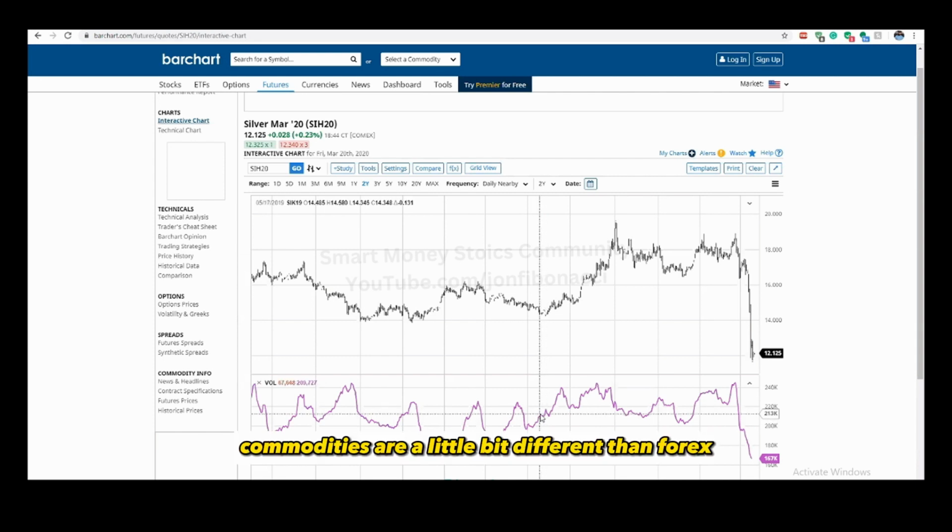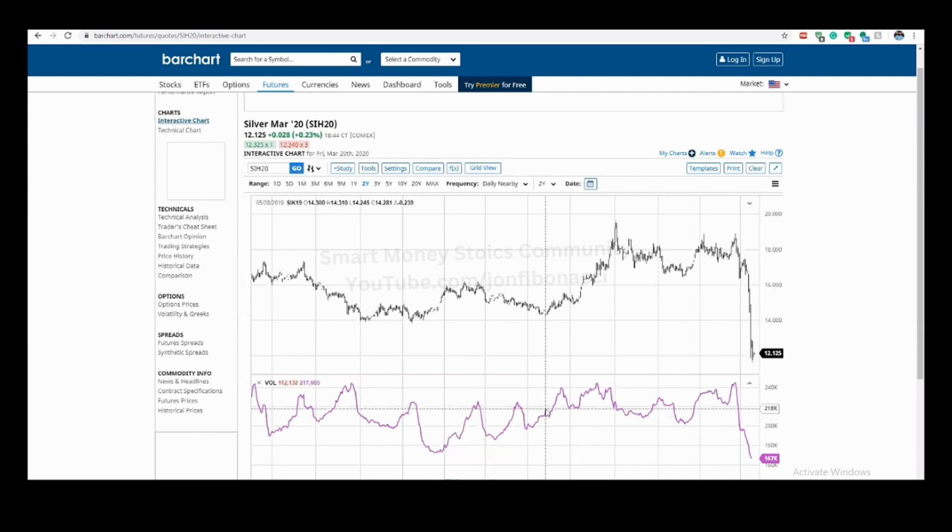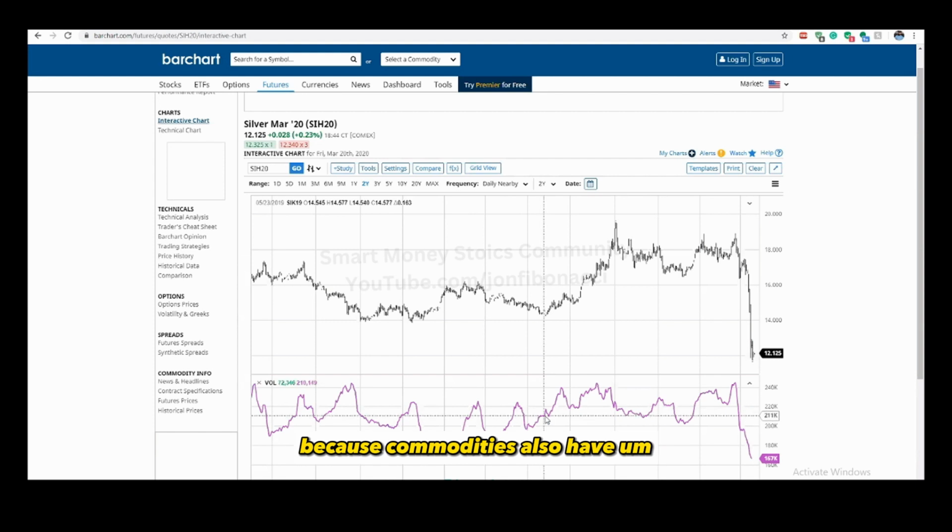Commodities are a little bit different than Forex because commodities are really big on seasonality, which we're not getting into yet. We will. We'll get there, I promise. But we're not going to get there yet. But I'll give you a little secret. Commodities, they either trend in one direction for a long time or they consolidate for a long period of time. Okay. And you can backtest that in the charts.